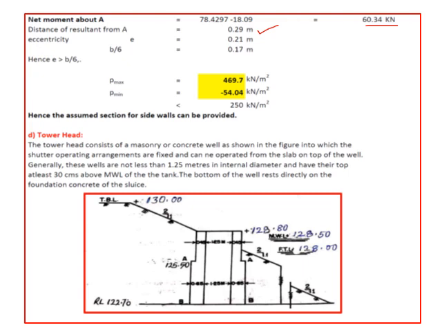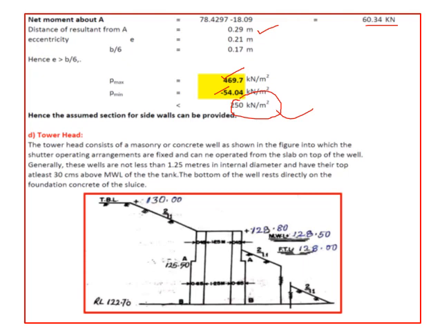So B by 6 is 0.17. You know e is slightly greater than B by 6. However, we can calculate P max as sigma V by B into 1 plus 6e by B. Similarly, P minimum will be a little bit of tension, but for masonry it will be allowed up to 125 kN per meter square. However, for concrete it can go up to 250 kN per meter square. So that means whatever side walls we have assumed can always be taken